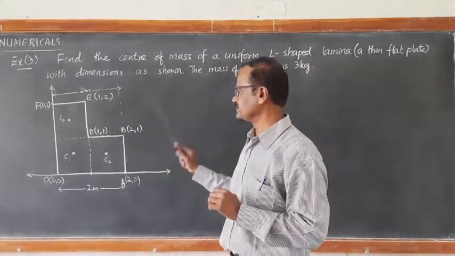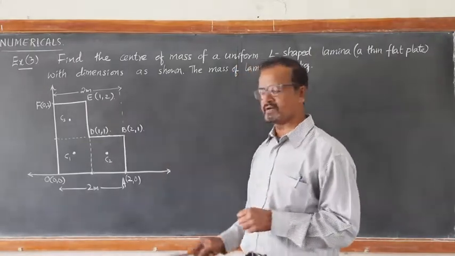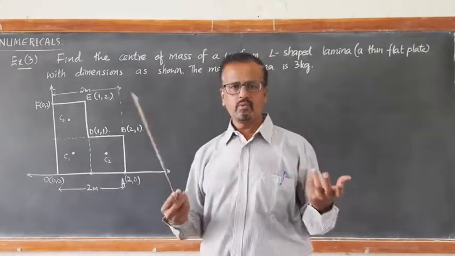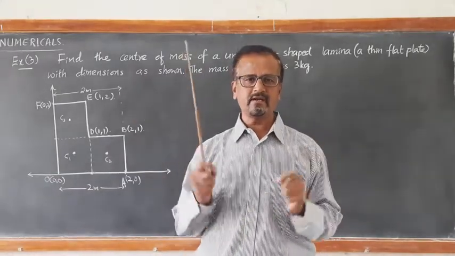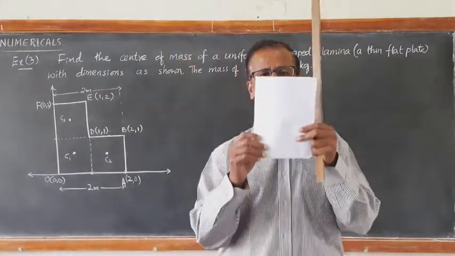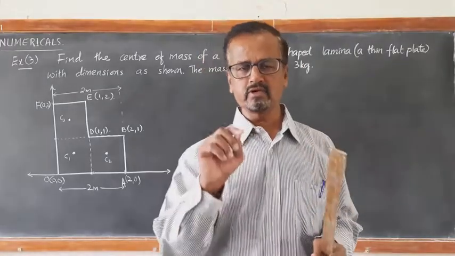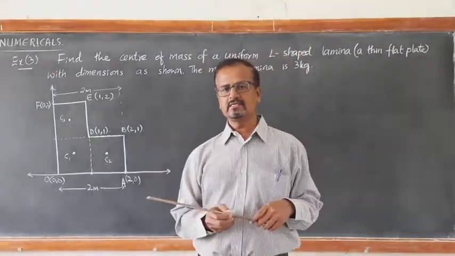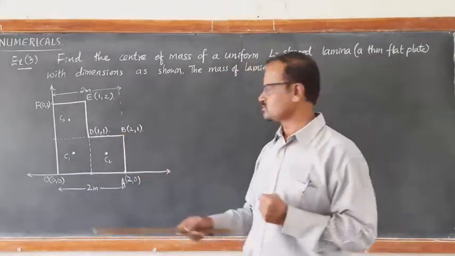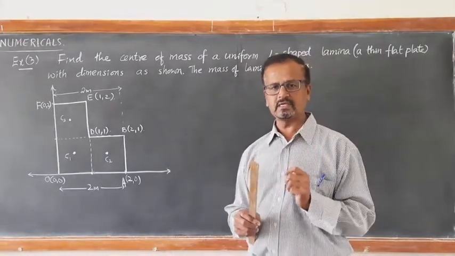One square is missing. If that square were there, if it were a perfectly square lamina, then the geometrical center of that lamina would be the center of mass. If it is a square or a rectangle, then the geometrical center, when you locate it, itself gives us the position of center of mass. But it is not a square, it is an L shape. Then how do we find the position of center of mass?